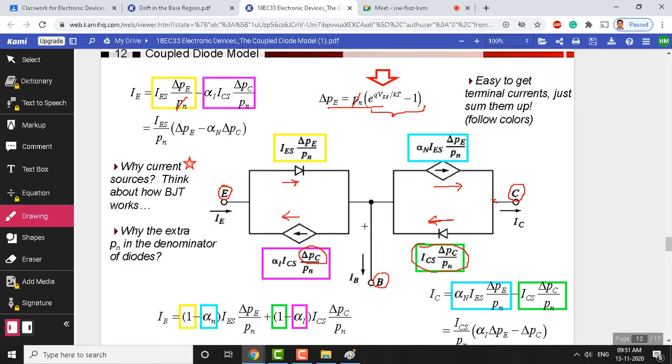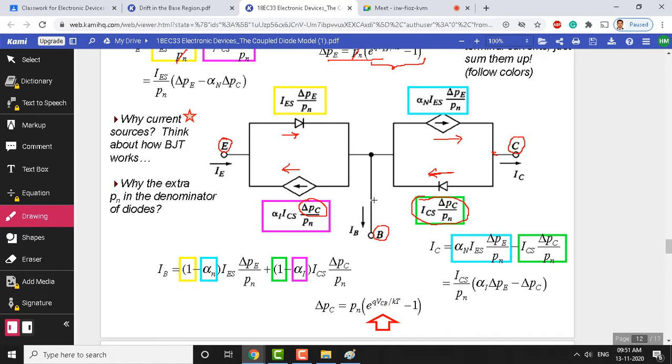So, that means this model is going to be a very good model, because it allows the current flow in both the directions. In the normal mode, you can see these two components will play out. The emitter is doing the injection and the collector is doing the collection, and in inverted mode the collector does the emission job. So, the bottom two components will become active in the inverted mode, the collector does the emission and the emitter does the collection. That is why this model is going to be a trusted model and a very strong model, and it represents an actual bipolar junction transistor.